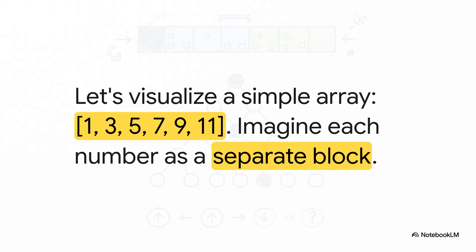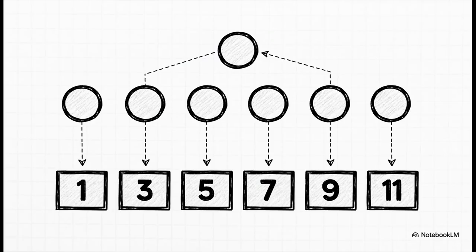To make this super concrete, let's work with a simple little array: 1, 3, 5, 7, 9, 11. We're going to use this example for the rest of this explainer. Just imagine each number is in its own little box, all lined up. So now we're going to build a tree structure right on top of this array. The very bottom level, the leaves of our tree, are going to match up one-to-one with our numbers. So we'll have a leaf node for 1, another for 3, one for 5, and so on, all the way